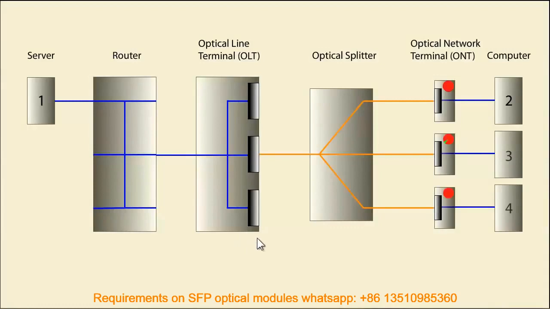And we travel out from that line terminal on a single fiber, and instead of having a distribution switch, we have an optical splitter, which is a totally passive device, and it splits the signal in that fiber 3 ways, well, many ways as set up on the network. Could be 32, 64, possibly even 128 ways. And then the individual fibers coming out of the splitter go to another device called the optical network terminal, which takes the fiber signal, converts it back into a conventional copper type signal,